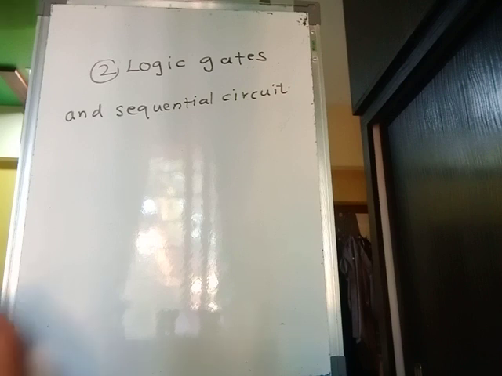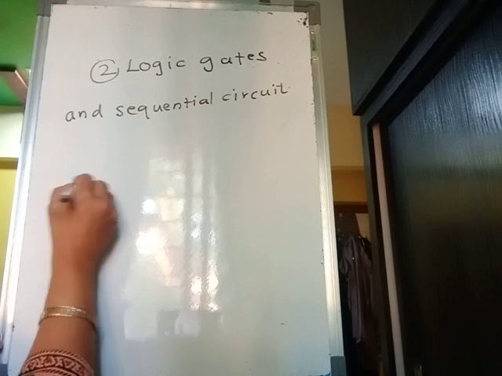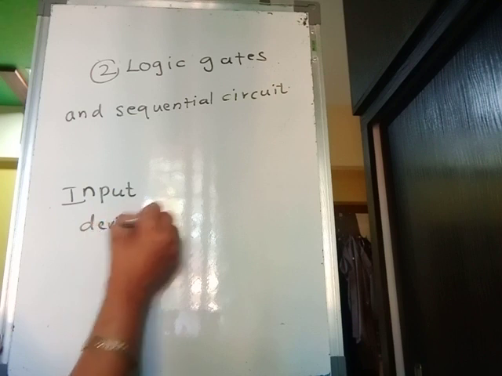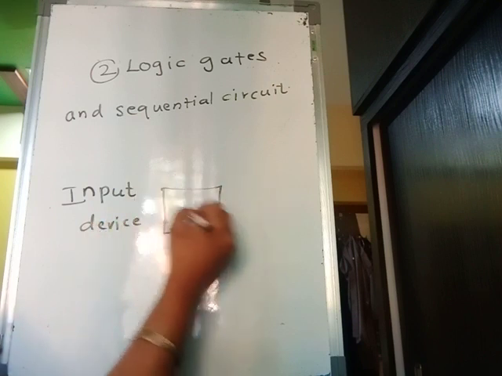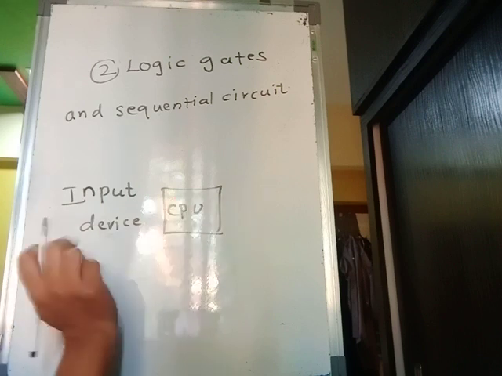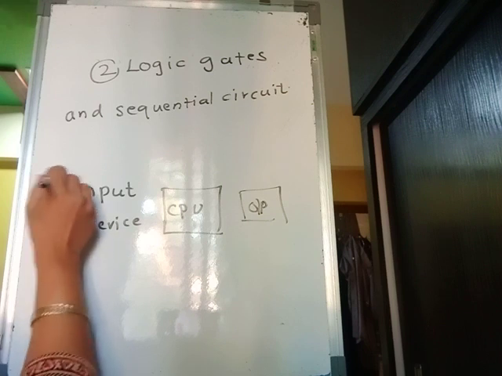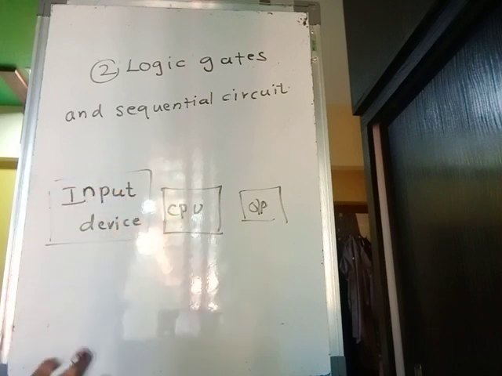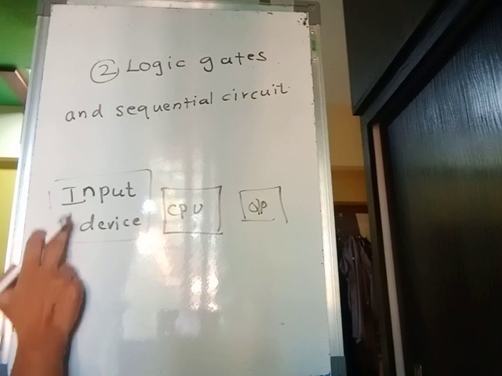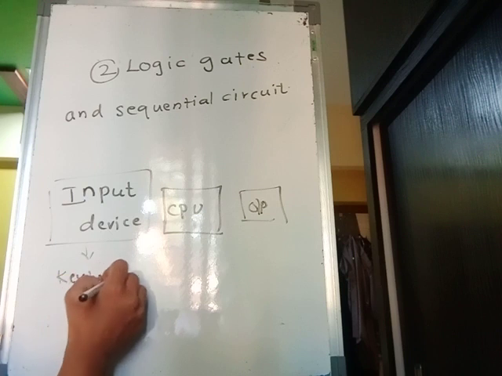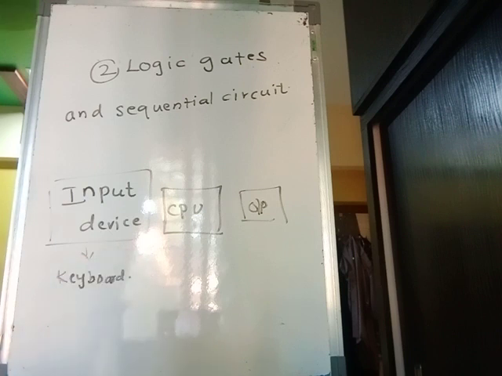असा कुठले कुठले पार्ट्स असतात कम्प्युटरला. So computer, it contains the input device, then it has the central processing unit, that is nothing but your CPU, then output device. So all these different parts make the computer. Now input device is nothing but your keyboard. So what is the keyboard? Which feeds the input to the computer. Then CPU stands for central processing unit.